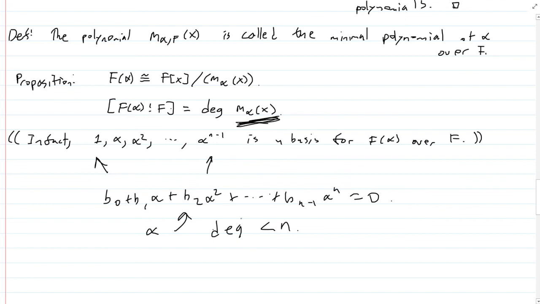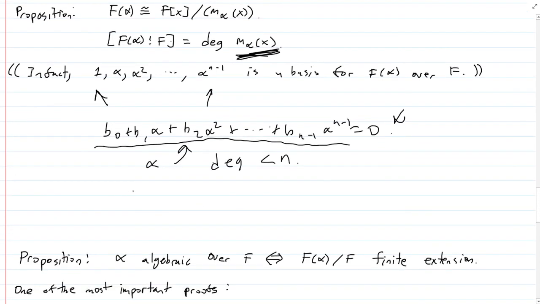So the only algebraic relations that alpha can satisfy have to be of degree at least n. The smallest algebraic relation that alpha satisfies is degree n. So you can't have an algebraic relation that alpha satisfies of degree smaller than n. That gives you the linear independence. And then you also show that it's spanning,